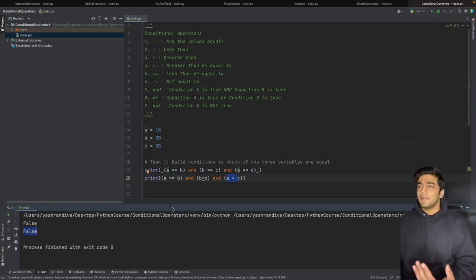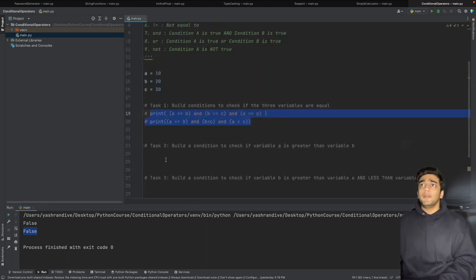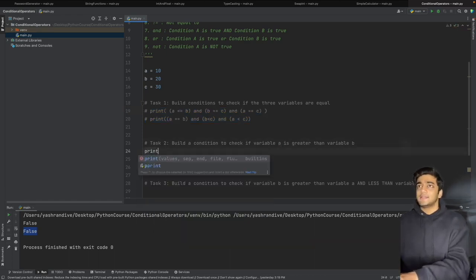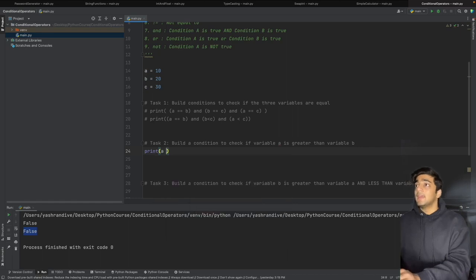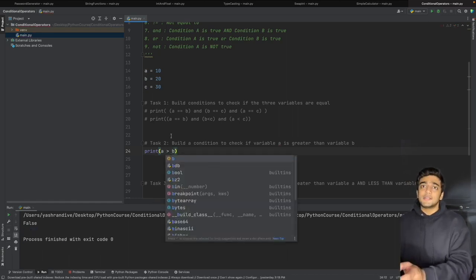Pretty simple, right? So let's move on to the next one. I'm just going to comment these out and we move on to the next one. So task 2 basically demands us to build a condition to check if variable A is greater than variable B. Well, we've already done that. That's pretty simple. So print A is greater than B, and the value for this should be false,